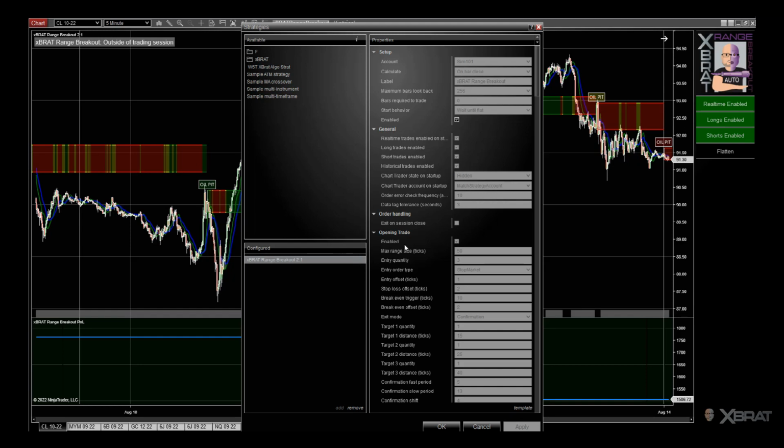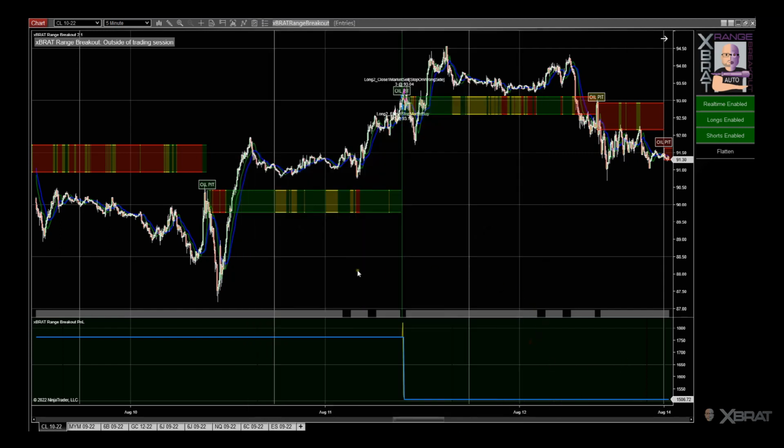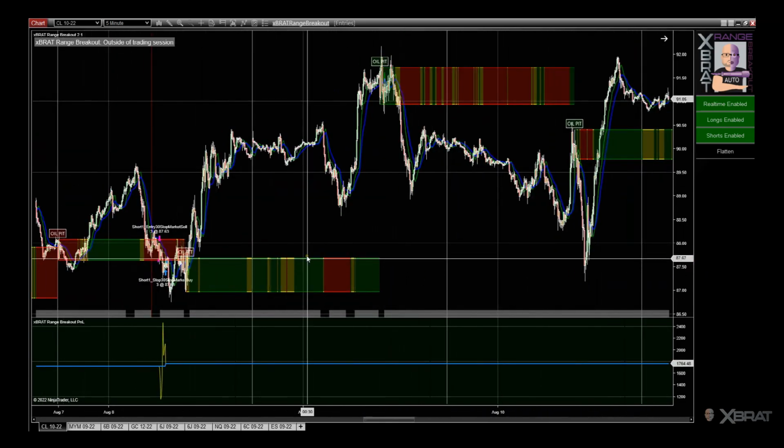I mean, it could go against you and take 750 max, but the way we've set it up with the max ranges, that 10 tick break even trigger, we are pretty good. We can do a little bit more. Now, when we look at some of the winning trades, we can look at